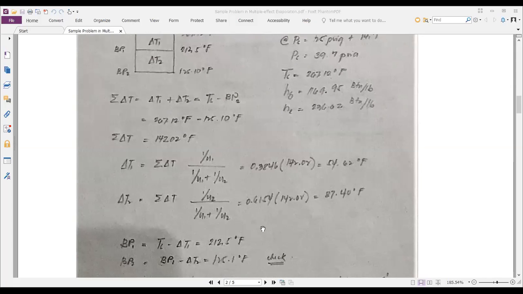Now, when we substitute the value of the U's and the delta T, this is the delta T1 that we will be getting, and this is the delta T2 that we will be getting. Actually, in this part already, you can check whether you are more or less doing the right thing. The sum of these two should be equal to 142.02 based on this formula. Now, how are you going to use this delta T1 and delta T2? Simple. For you to know the boiling point of the first effect, which is your BP1,